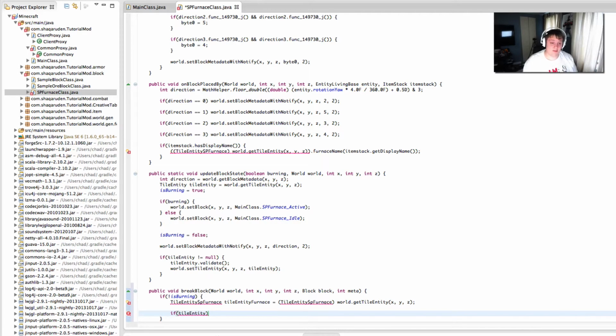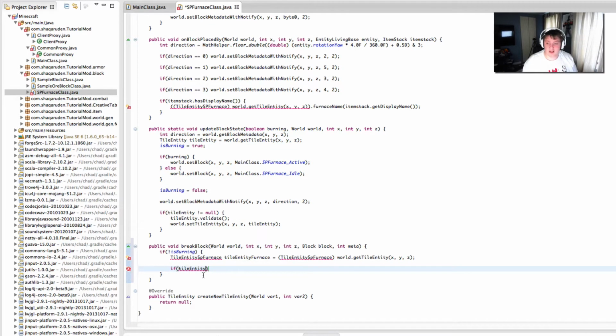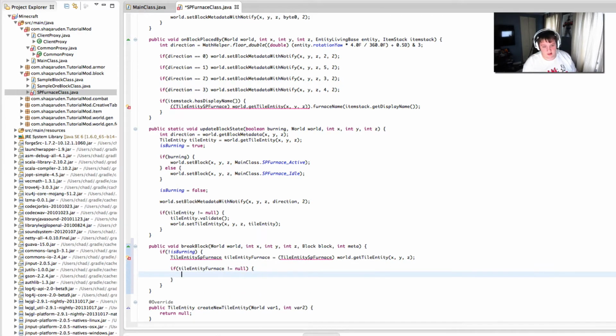So if tile entity furnace is not equal to null, so we're going to try and get it and store it into a variable, and then if that variable is still equal to null, then we're not going to do this. But if it isn't,